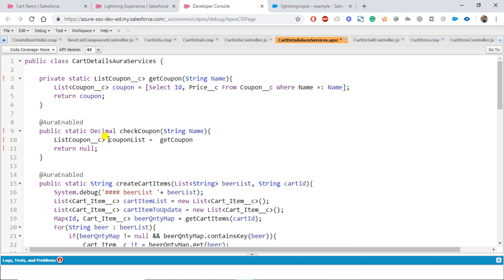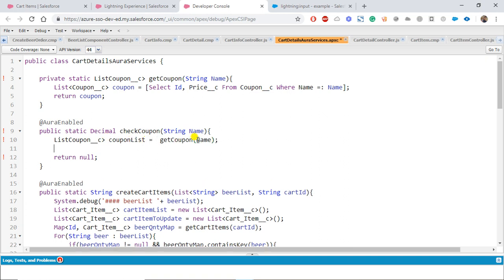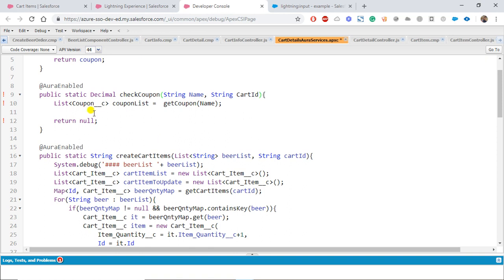Coupon list equal to getCoupon, and then we'll be passing the name of the coupon. And then what we'll do, okay, we'll also pass the cart ID. So let's say that string cartId, then we will be updating the cart. We say that Cart__c equal to new Cart__c, id equal to cartId, and then